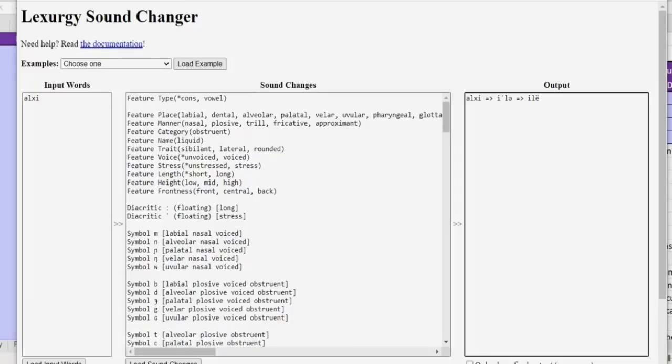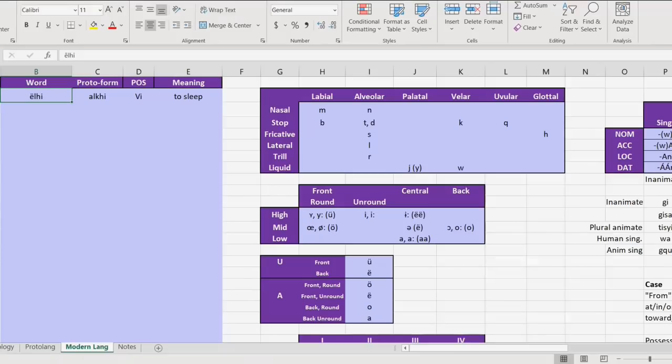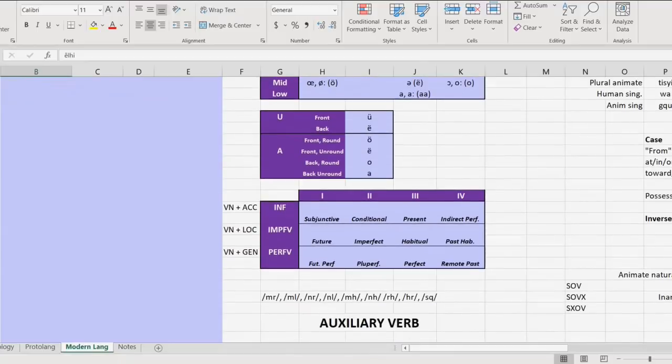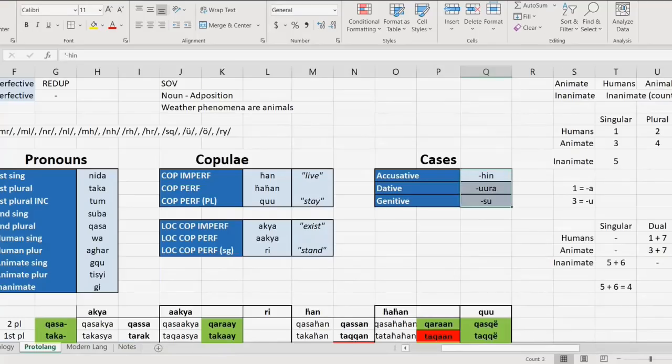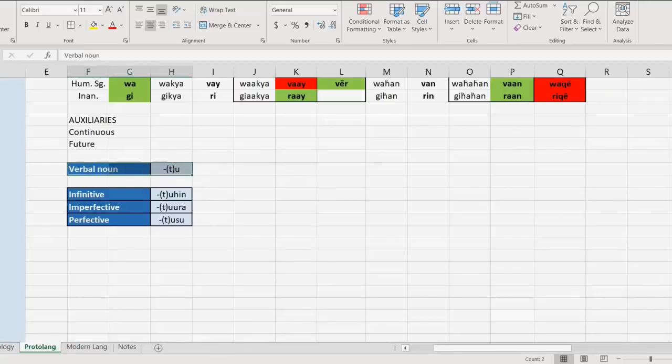But we'll see how it works with some of the forms we're about to input. Because remember, this root is never going to appear on its own. It's always going to be in one of the converb forms. And the converb forms are derived from the three case suffixes. But they also combine with this verbal noun form. So basically the verb stem is nominalized and then placed in one of the case suffixes, which gets reanalyzed as